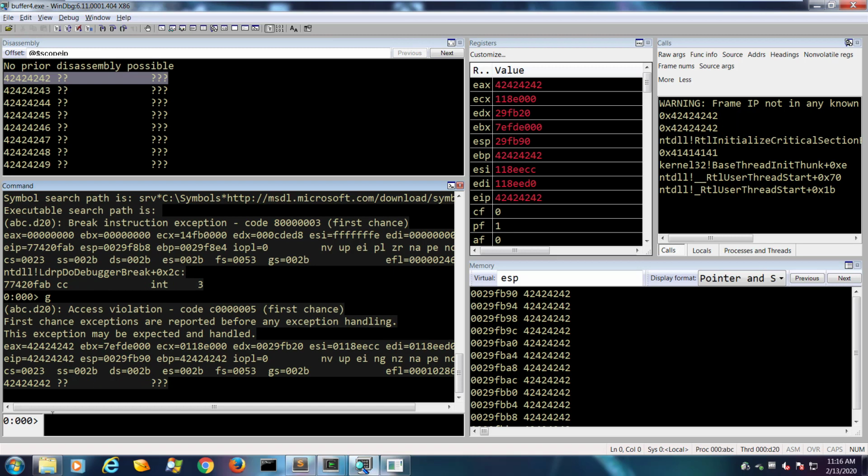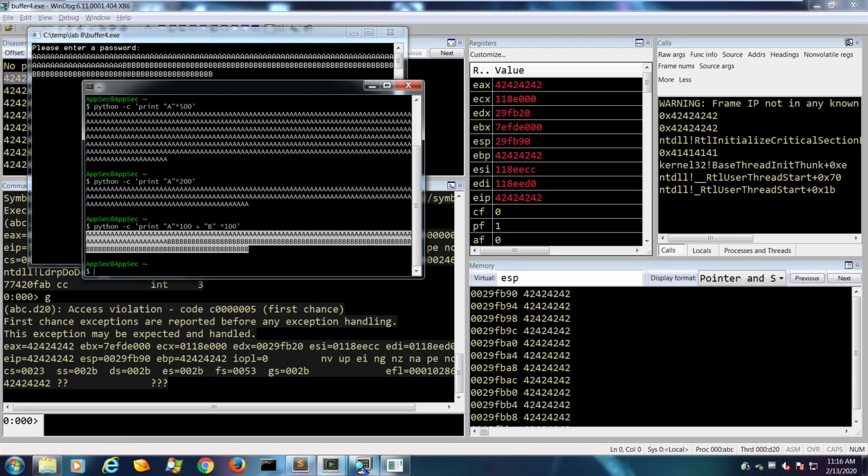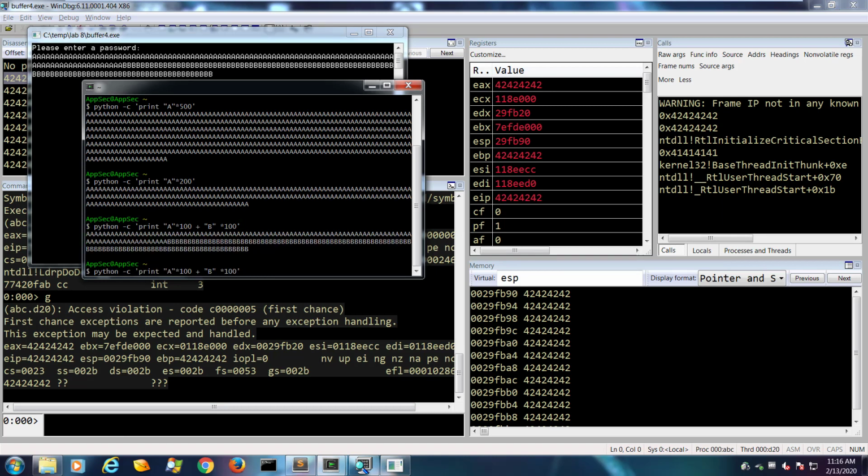So now it's in the B's, so we made some progress there, and we could go back to our Cygwin and make some additional modifications. Maybe make that 50 and